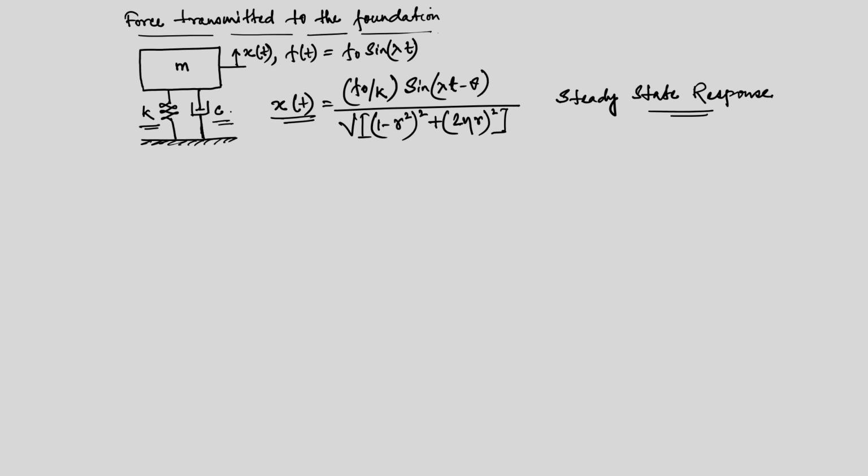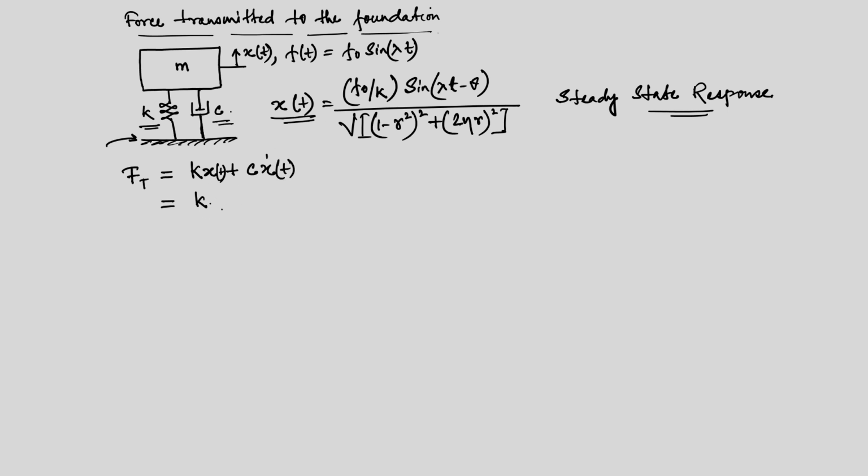And what is the force transmitted? So, if I write down force transmitted is f of t, then that force we can quantify. So, stiffness force k times x plus the damping force c x dot. That is the force transmitted to the foundation. You can easily look at the foundation and identify the forces. Now, if we write the expression, so k times these are functions of time.